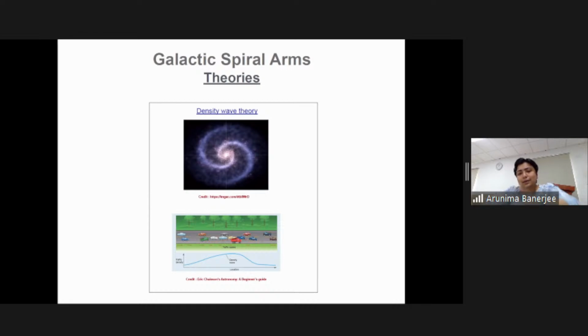Those cars are leaving, and again, a fresh bunch of cars are coming. So this situation is very analogous to what is happening in the galaxy as far as the spiral arms are concerned. There is a density enhancement along the spiral arm for whatever reason, and when the orbits of stars,